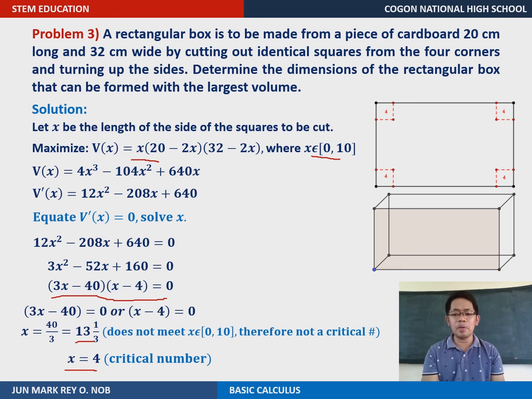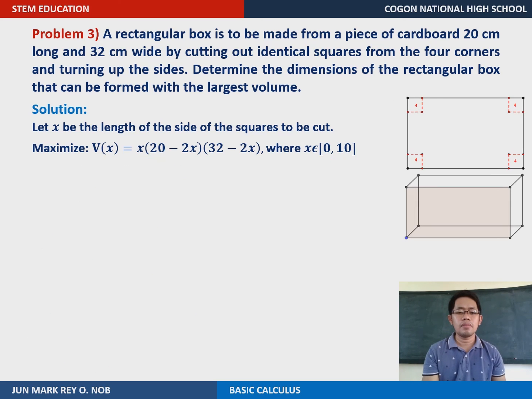Obviously 4 is part of the given interval, and so x is equal to 4 should be a critical point to be considered. Now we check the value of the function. We do it